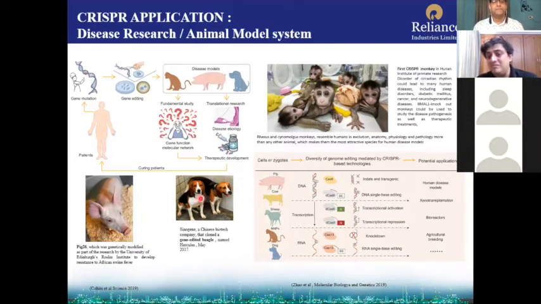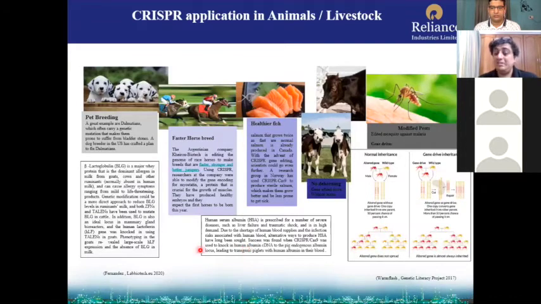Similarly, for muscle-related work, these beagles were cloned and done by CRISPR-Cas9 for extra muscle growth, and different research is going on by using CRISPR for animal model systems. Similarly, for pet breeding, Dalmatians are a very well-known and popular breed. They have a certain kind of genetic mutation that makes them prone to suffer from bladder stones. By CRISPR, people have shown that these bladder stone related genes could be shut down, and